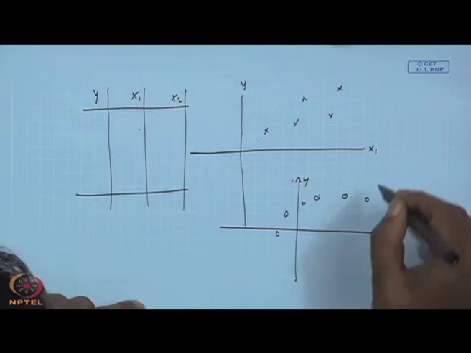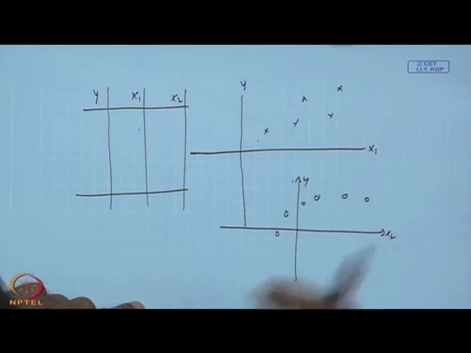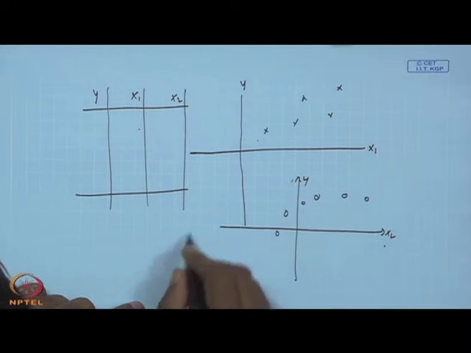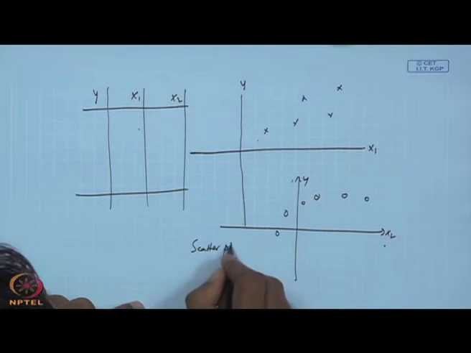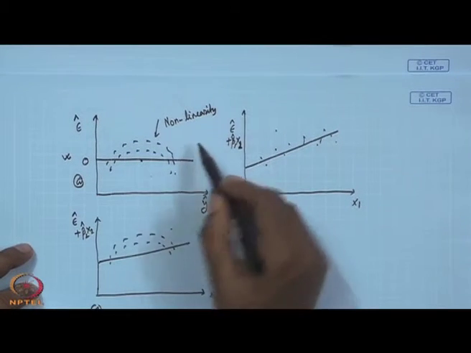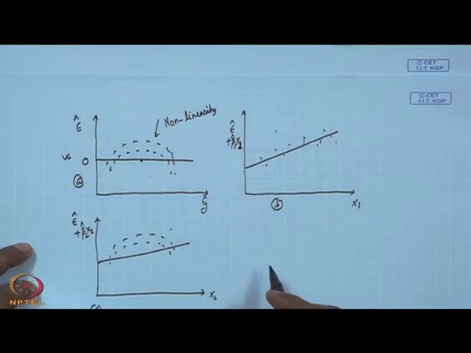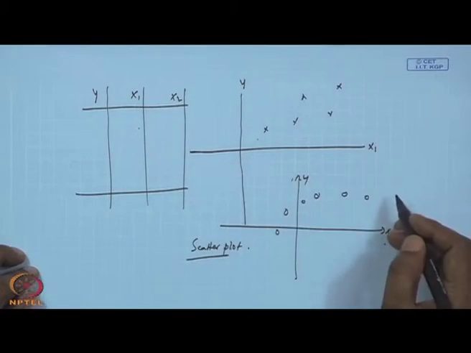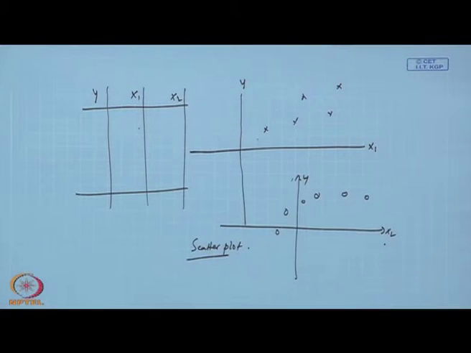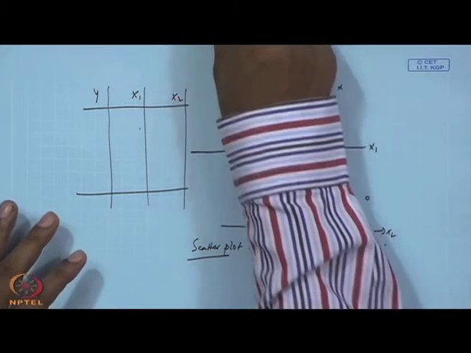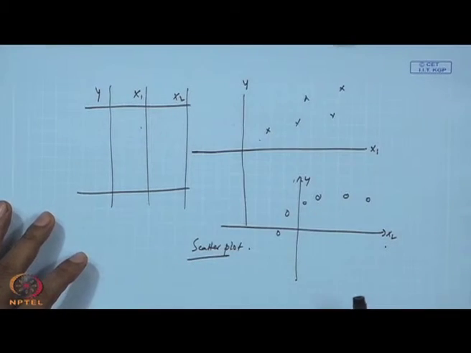Even when you are not able to see any departure from linearity from the scatter plot, you still require to test the residuals. The residual test is just confirmation of whether there is linearity or not, because residuals will give you a little better picture. Even if there is a small amount of nonlinearity, that will be captured through residuals.